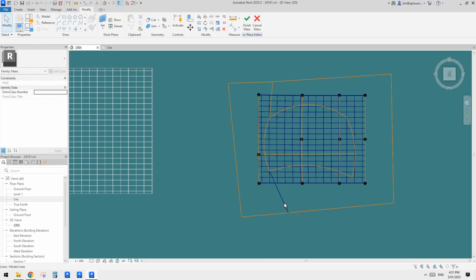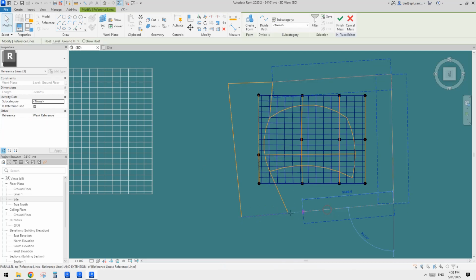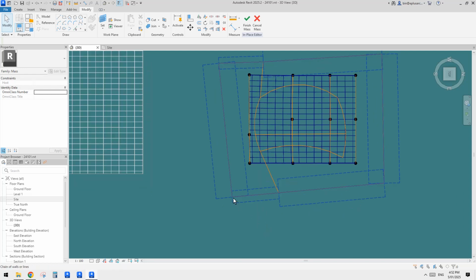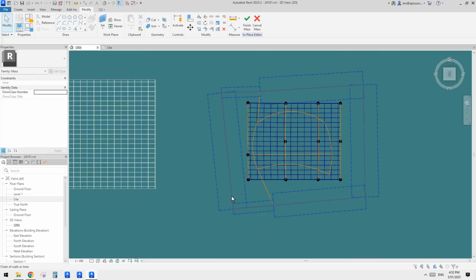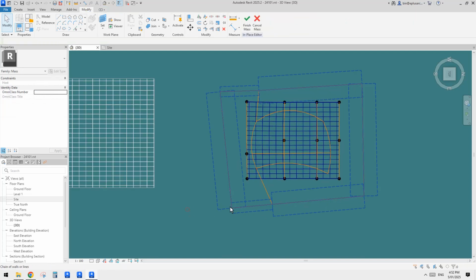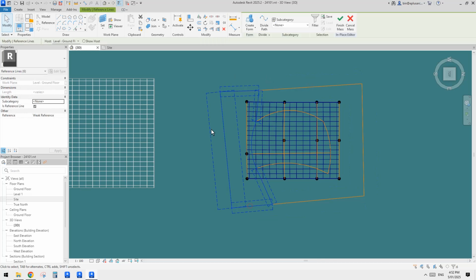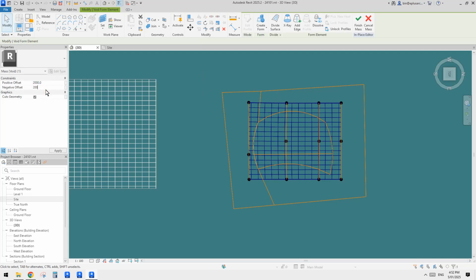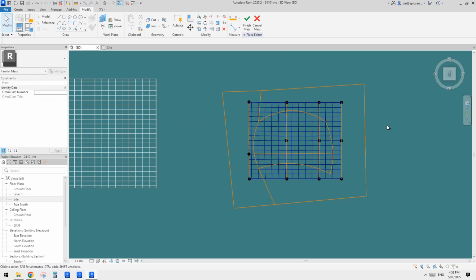Split, make this a reference line. I'll trim this and drag this onto this line. Now this time, yeah, it's better. So you can see Revit automatically picks this one. So this is a closed loop. Because they are all on the same work plane, Revit will automatically pick this, and then we can just create a void, right? So I'll just click anywhere. I'll just type in the same offset. So make sure it cuts the whole